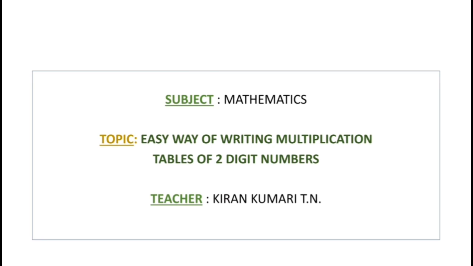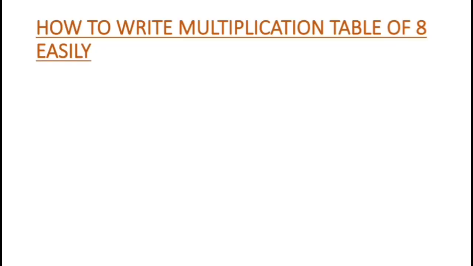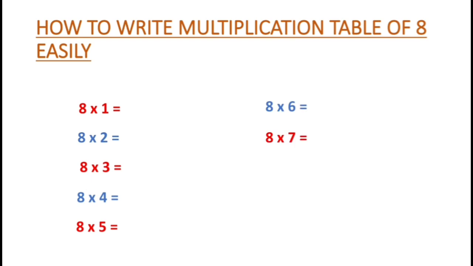Now, when we say tables, everyone will remember the tables from 2 to 7 easily. From 8, many people forget it and they don't even write it so correctly. So here I have a technique to remember 8 table and 9 table in a very easy method. We'll write numbers: 8 ones are, 8 twos are, 8 threes are, 8 fives are and all.